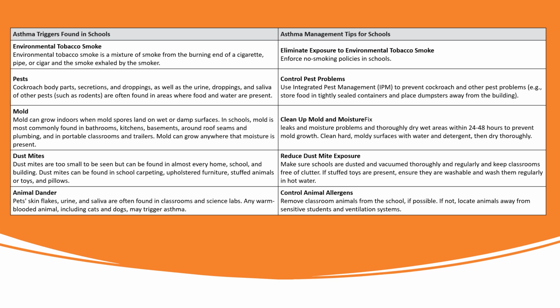Clean up mold, moisture, and leaks. If pipes are leaking or the windows are not sealed, there can be a lot of moisture because of the cold outside and the warm inside, which drops and becomes mold in the window seal. It's very important to get that cleaned up. Reduce dust mites. Make sure that you vacuum with certain air filtration. If you're using stuffed toys, like at a daycare, make sure they're cleaned with water and detergent at a certain temperature, with hot water.